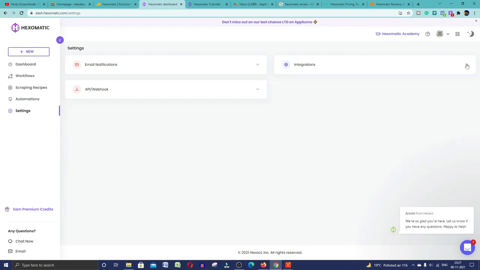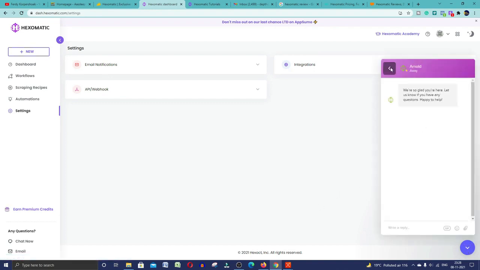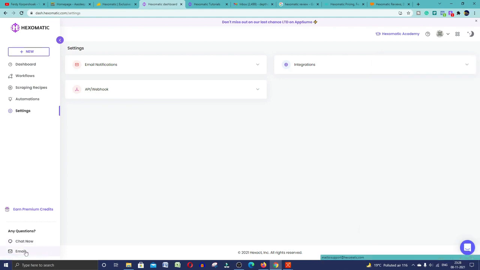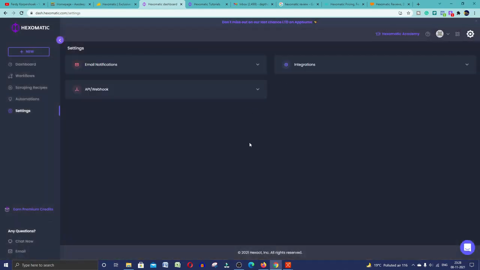If you talk about their plan and features, this tool is really amazing for you. This tool is very helpful for you if you really want to automate your work. If you get stuck at any point, you can chat with them, and you can chat from here. If you look at the left bottom corner, you can email them. Here you can check all your plans, and you can use this tool in dark mode, right? So many things you can do with this tool, many features they are giving you.